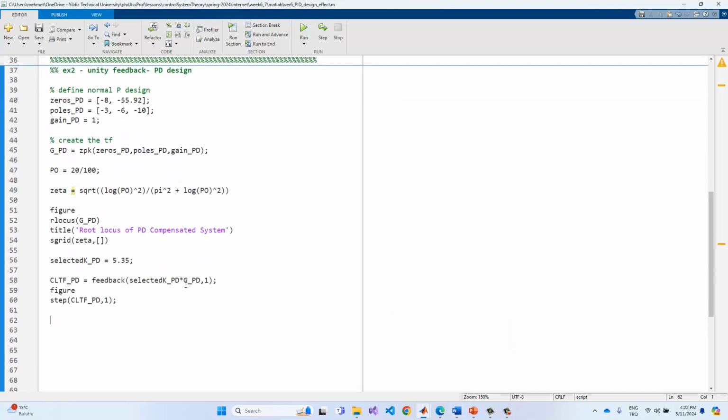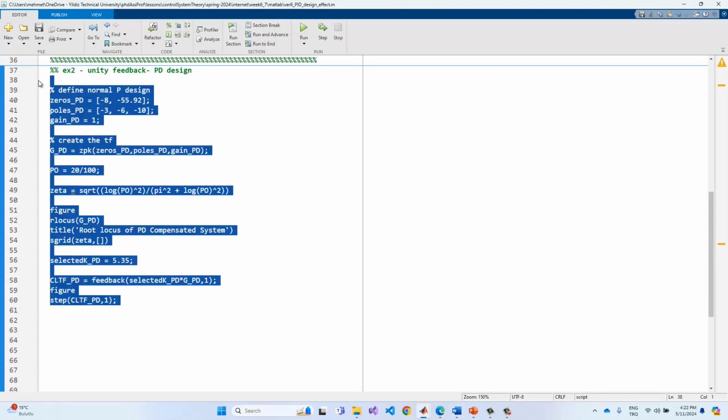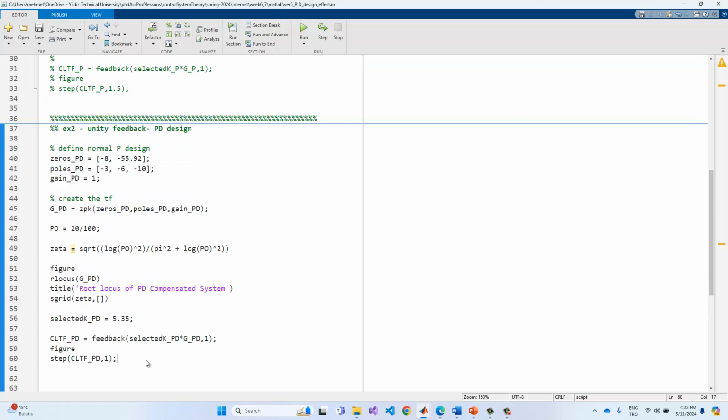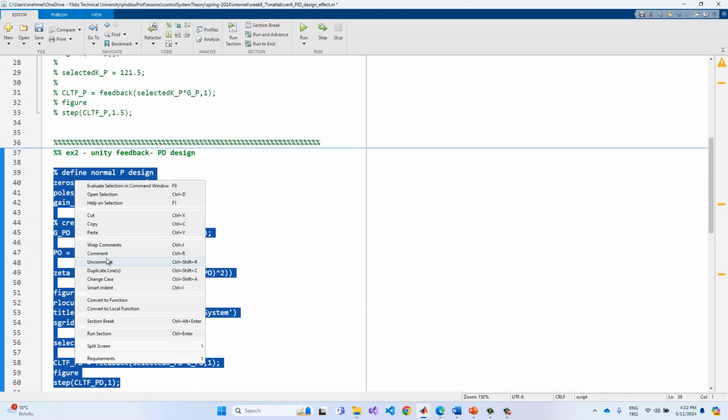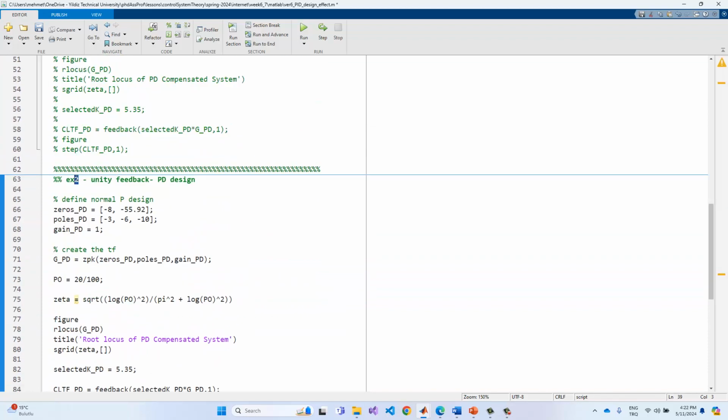So for the PI controller, we need to copy the whole of these terms in here, just like this one. And so we need to comment out the terms in here and PID. First of all, we need to give the PID parameters in here, and I, and so -8